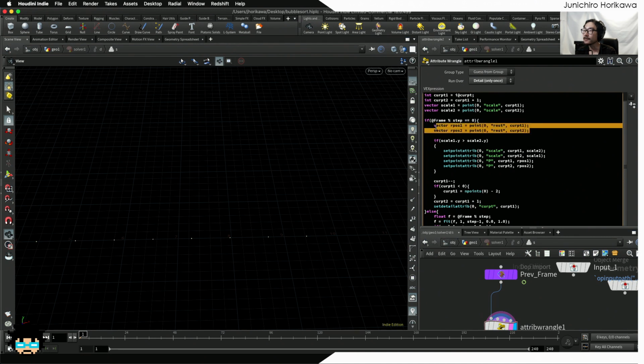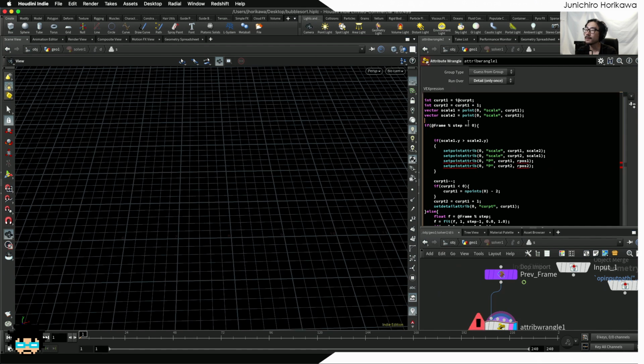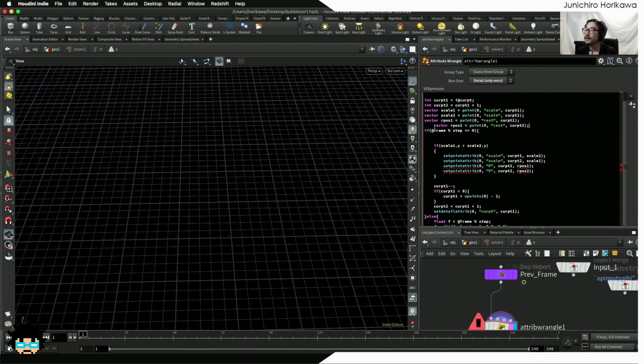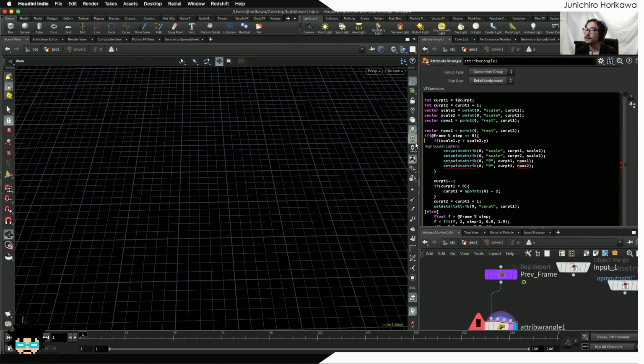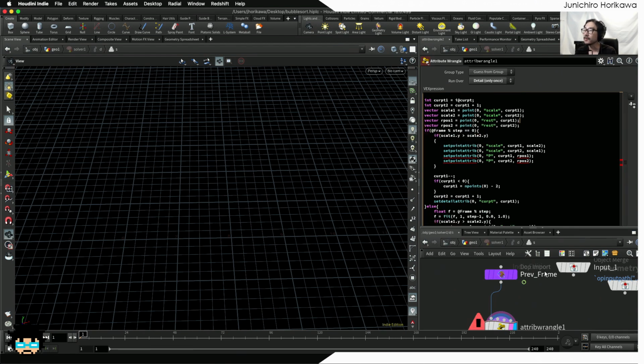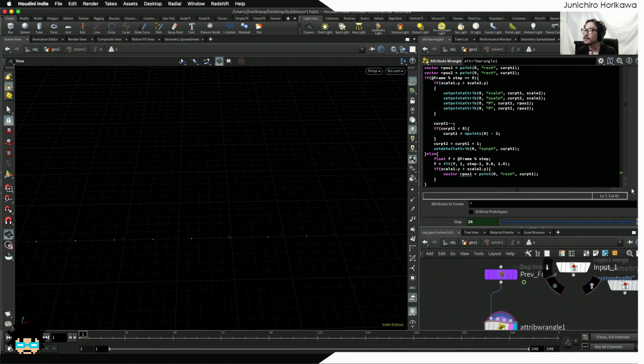So maybe I can also place this outside the if conditions, like this, and just use it in both conditions, because rest position should not be changed. Alright, so I can just delete this, and